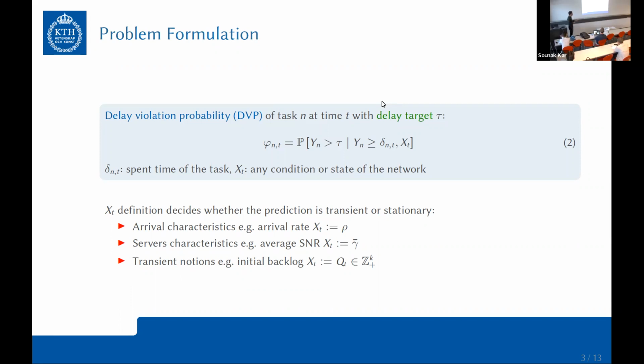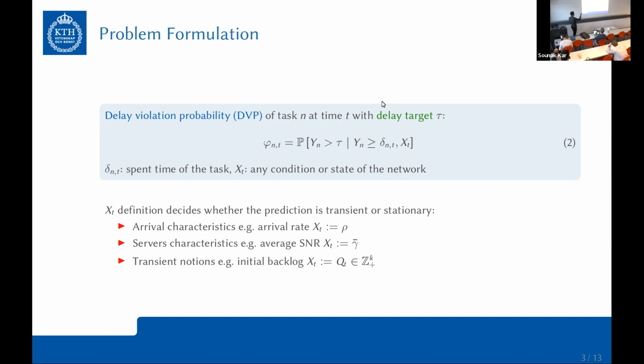For each packet or for the flow. If I say for each packet, this would be like a transient DVP prediction. If it's the flow, it will be like a stationary DVP probability prediction. So the probability that the end-to-end delay is greater than tau, which is the delay target, given, yeah, the first